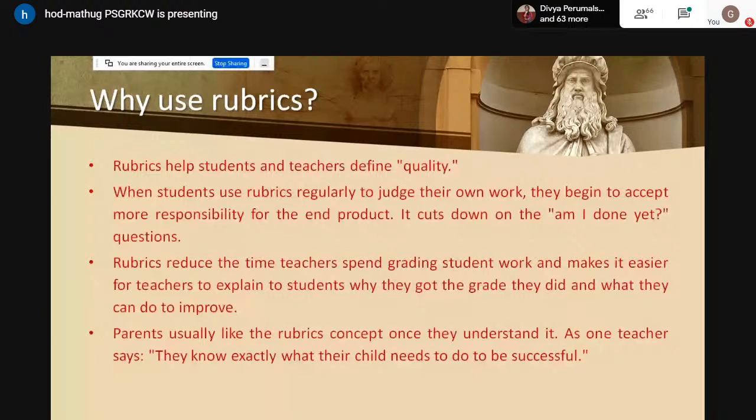So that will help the students to judge his own work. And rubrics reduce the time teachers spend on grading the students' work and make it easier for teachers to explain to students why they have been given that particular grade and what they can do to improve. So obviously, when you know that you have awarded 4 points for one criteria and only 1 point for another criteria, you can immediately call your student and tell him,